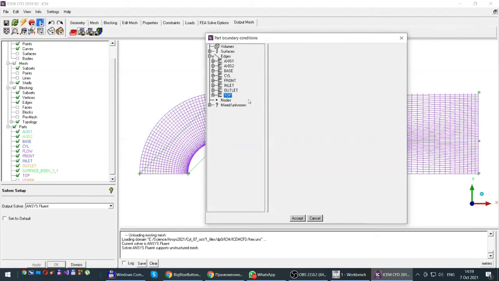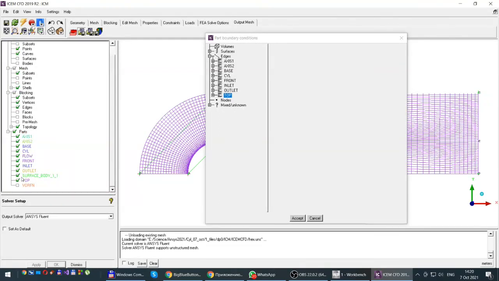If we didn't associate any edge to the parts of our geometry, we will get an error in the next part of our simulation. When we try to solve the problem, we will get an error. So click accept,